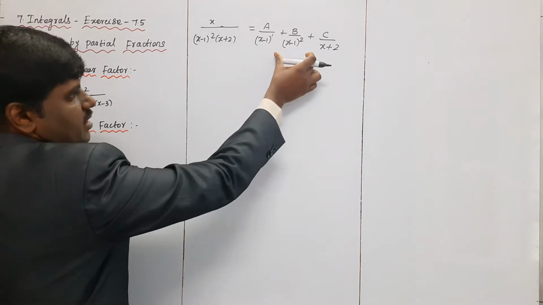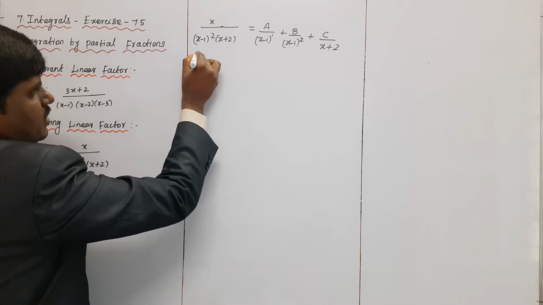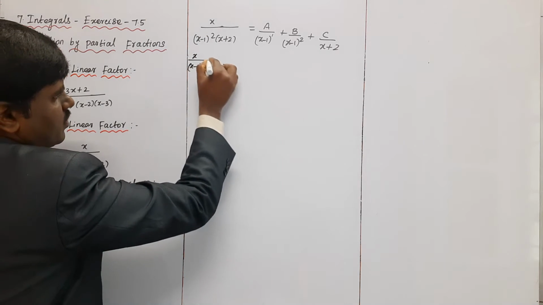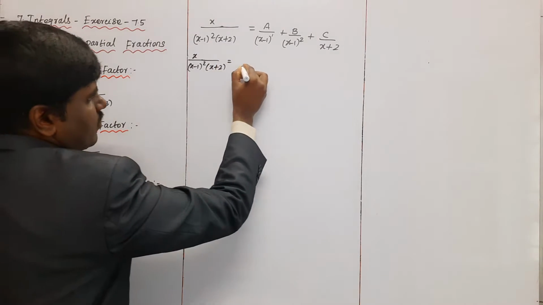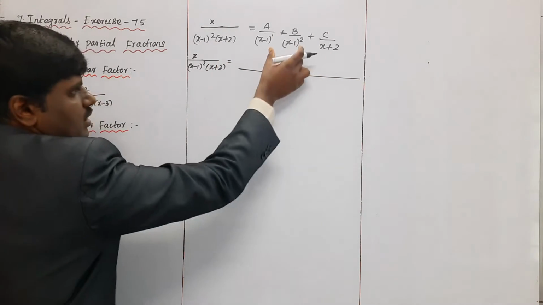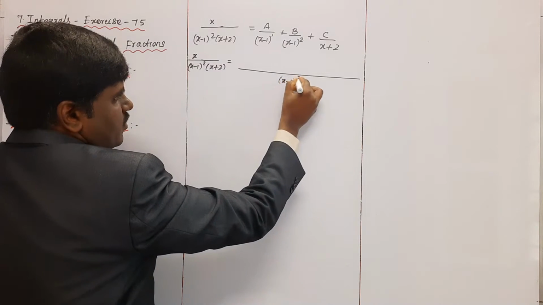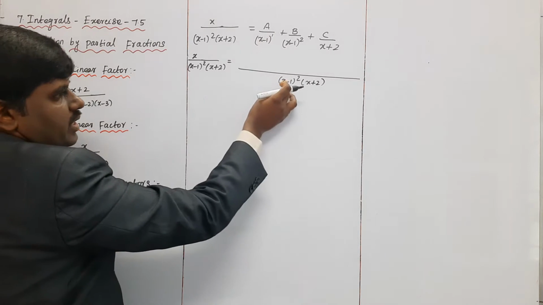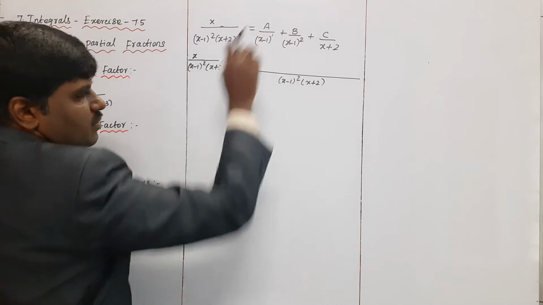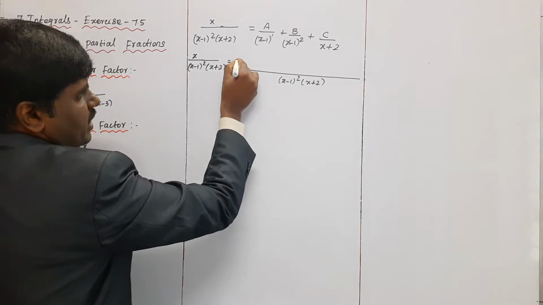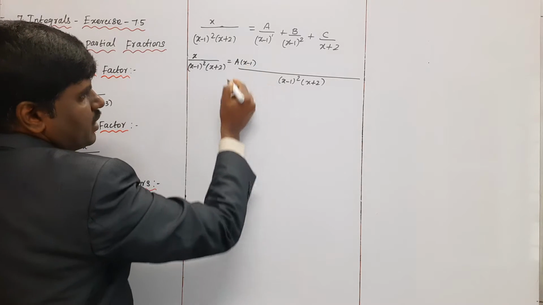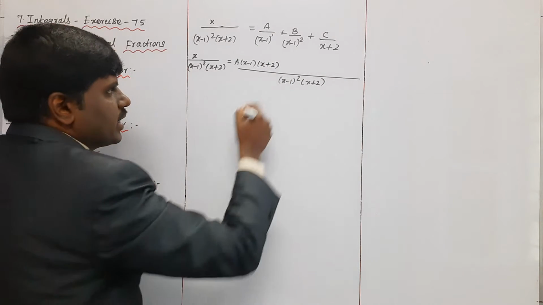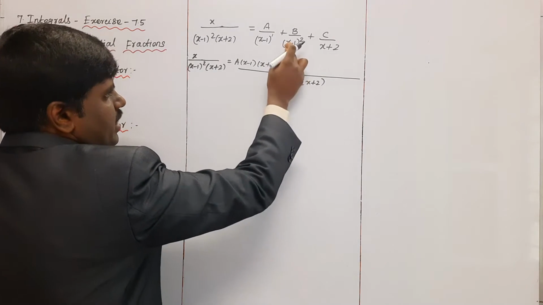Now taking the LCM. The left hand side is x by (x minus 1) the whole square into (x plus 2). That's clear? It is equal to, now I am taking the same LCM, (x minus 1) the whole square into (x plus 2). For a, x minus 1 is there, the (x minus 1) squared has power 1 here. What remains? a is equal to (x minus 1) into (x plus 2). Next plus b into